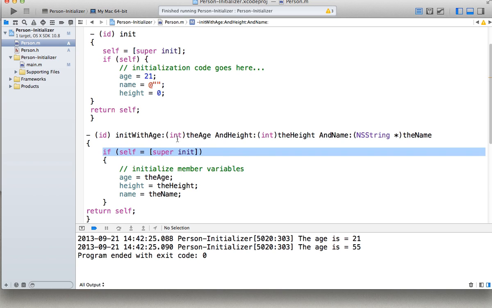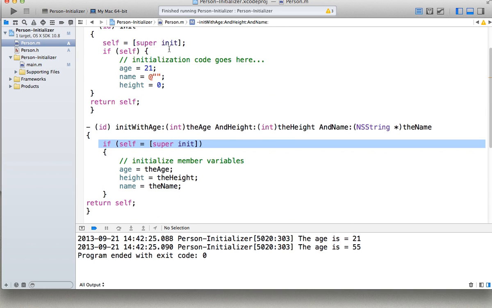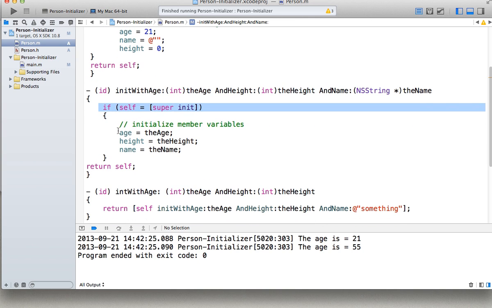So we have self is equal to super init, and then, instead of doing self is equal to super init, if self, we're just going to put if self is equal to super init. This is more common than this because it's one line of code versus two. And we're just going to set the age is equal to what? Did we come in here? The age. Age is equal to the age. Here is the age, the height, the name that came through. Same thing you get with C++ when you pass parameters in with a method. So you have to be familiar with functions, function calls, in order to understand that, but